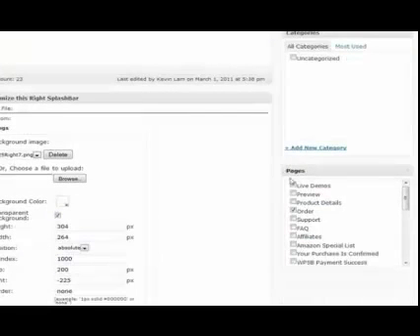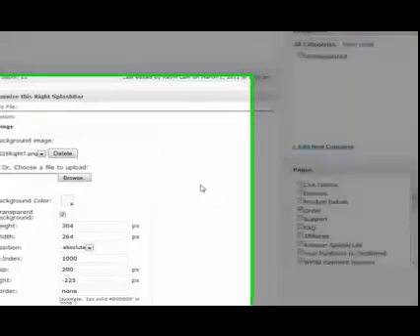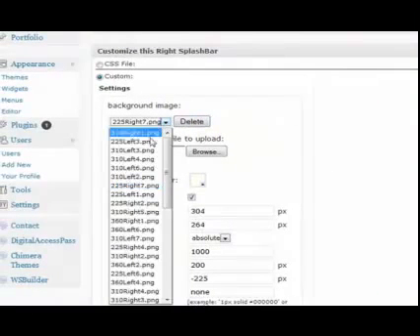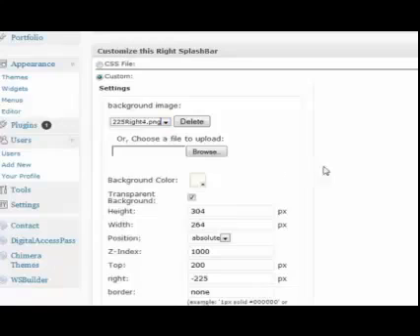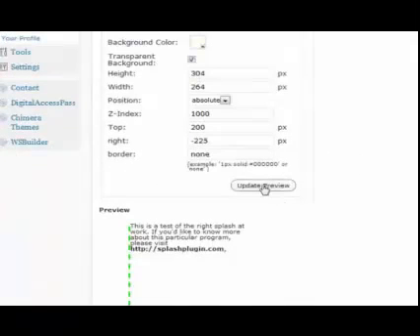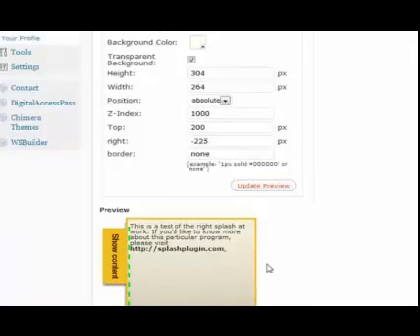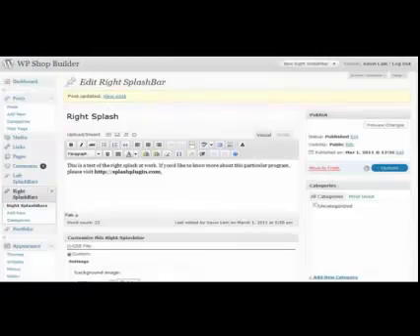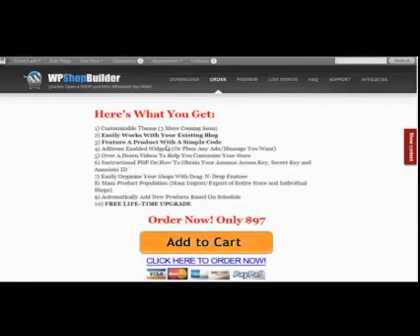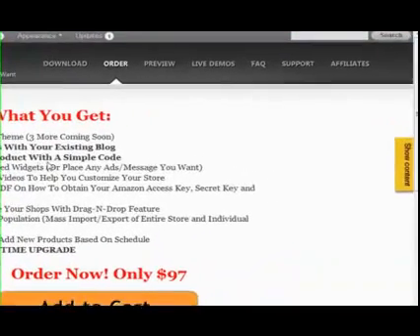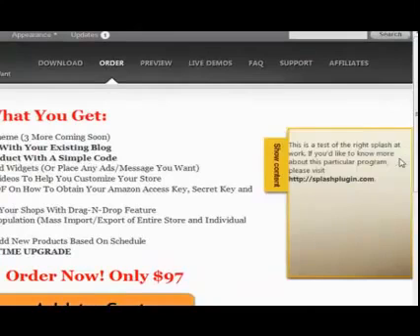And we can do the same thing to additional pages, any page we want. Let's say, for example, we want to put it on live demos or preview or product details. I can add it onto any page I want. I can change the design to a 225 right 4, update preview. I can see that it's this now, and go up, update, go back to this, refresh,